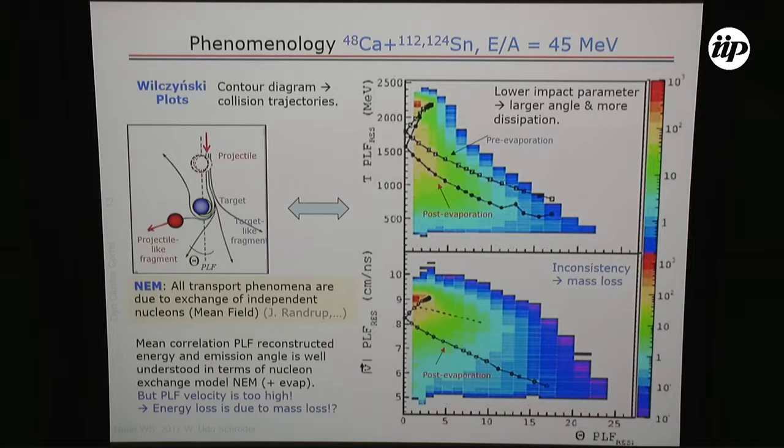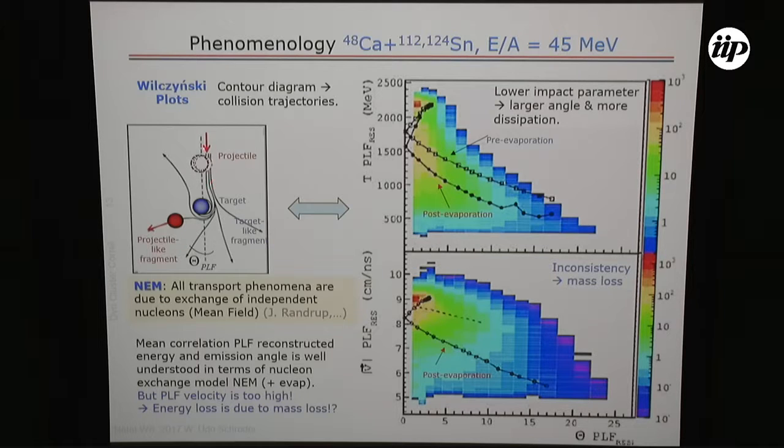In order to understand what happens in a reaction like that, it's customary to look at what's called the Wilczynski plot, in which one looks at the correlation of fast fragments, which are typically the remnants of the projectile in forward direction, and see how the intensity of the cross-section develops as a function of scattering angle or emission angle. So essentially, it's a picture of semi-classical or classical